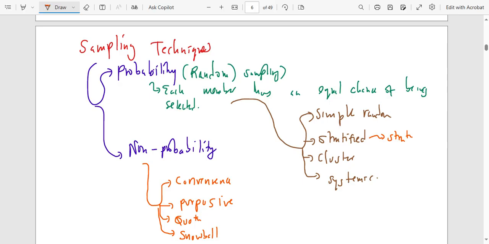Let's say you start counting, one, two, or maybe you write numbers on paper and ask all of them to pick. And then you say, all those that have got ones, come to the front. You are the ones that we are going to use in this study. So that is simple random. But remember, initially you had put them in groups. Because of those groups, which you call strata, it becomes stratified